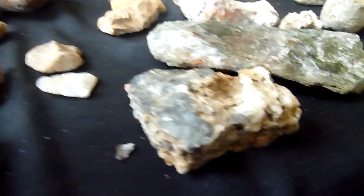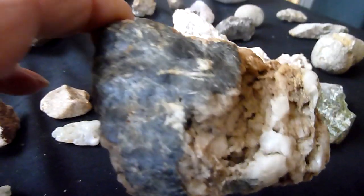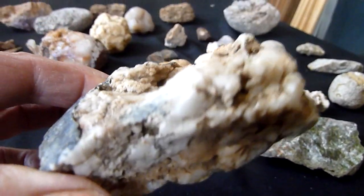Of my mud fossil samples, if I may. Now, I've got quite an assortment here on the table, so I'll let you have a look-see at some of the pieces that I do have. Now, these ones here, as you see, are quite crystallized,